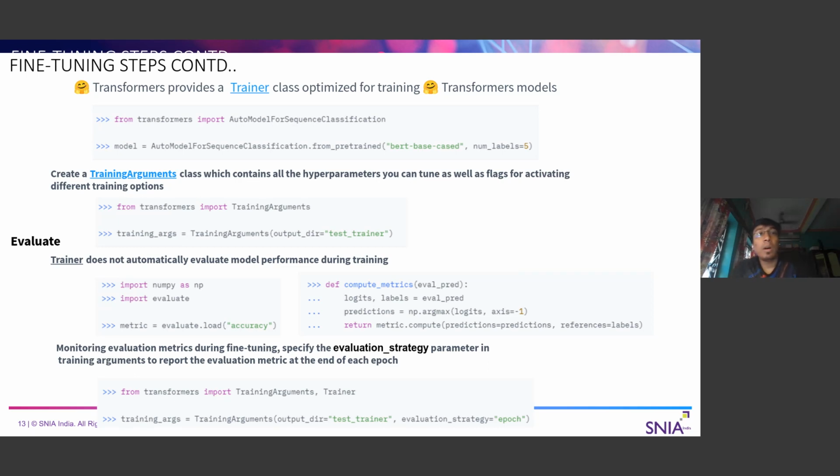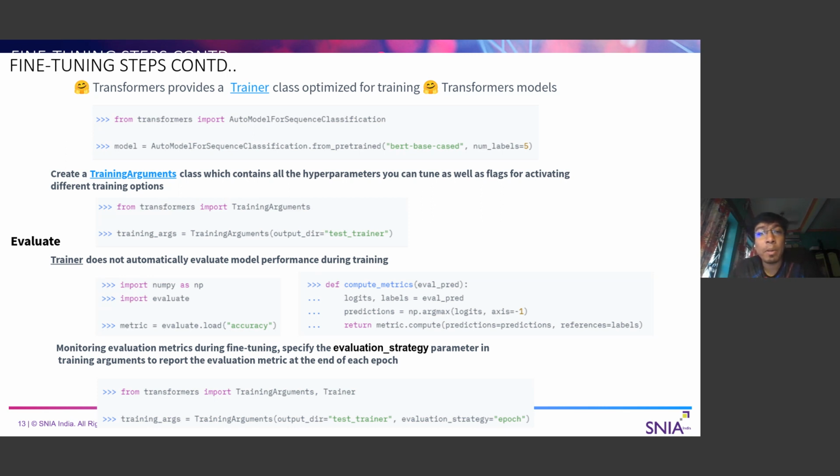Okay. Now, once we have the data, we need to look into the model. For the model, we are taking the AutoModelForSequenceClassification class. What does it do? As the name suggests, it's a sequence classification task, and it can automatically choose the model. For example, if I give a BART-based cased model, internally it will select a BART model.